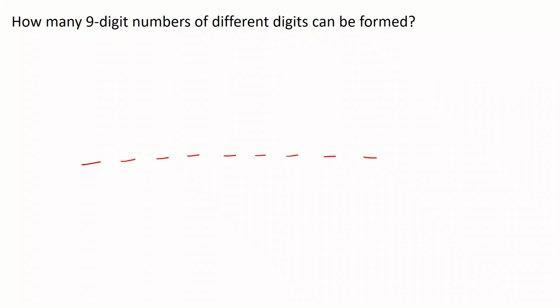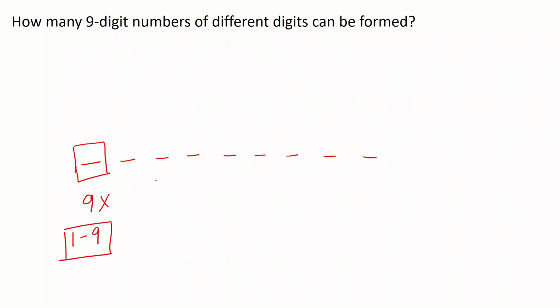Alright, so think about this first place. How many options are there to fill up this first place? There are 9 possibilities. You can fill up numbers from 1 to 9, because you cannot put 0 over here, because if you put 0 over here, then the entire number becomes an 8-digit number. 0 cannot be included. Say for example, if you write 082, then it's actually 82. It's a 2-digit number. So that is why 0 is invalid. So in the first place, you can put any number from 1 to 9. So you have 9 options for doing this.